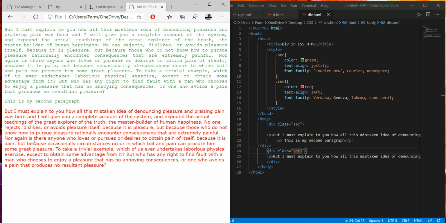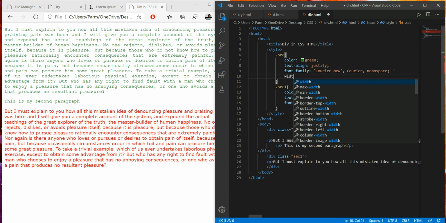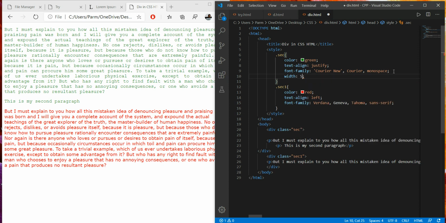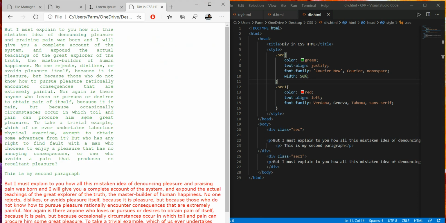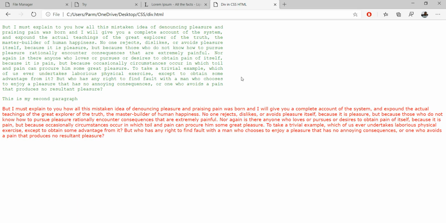For example, if we wanted to make this division aligned this way, and this one aligned that way, I will set the width, say here we set the width to 50%. Control S, save this and refresh it. Now the width is 50%, so it occupies 50% of the screen.